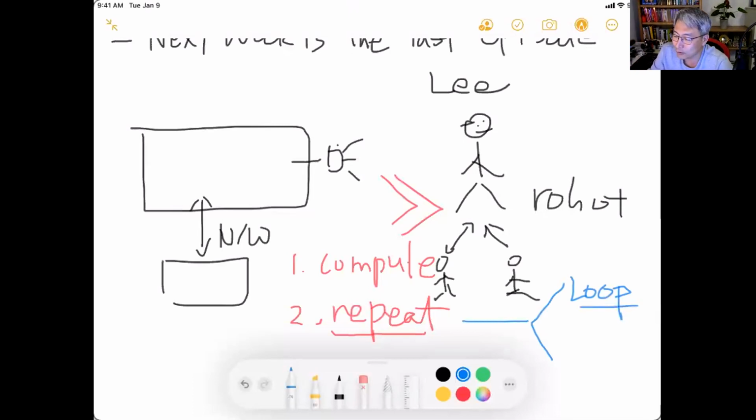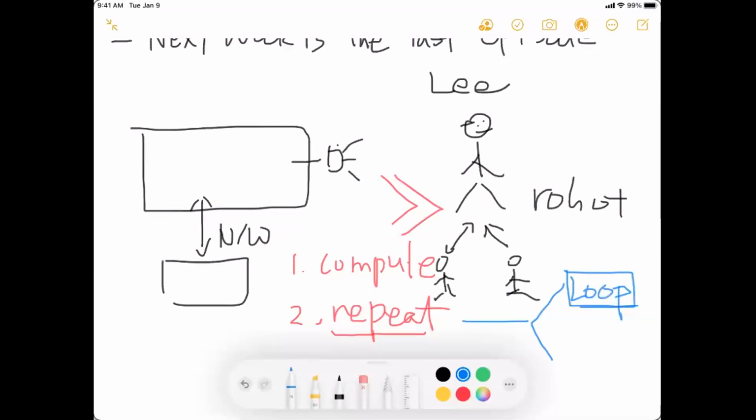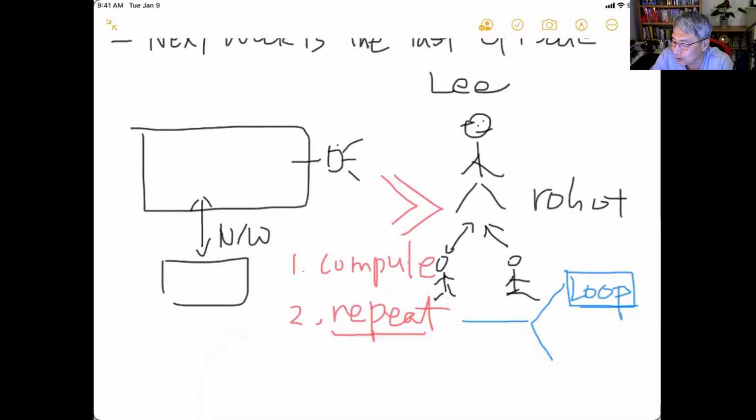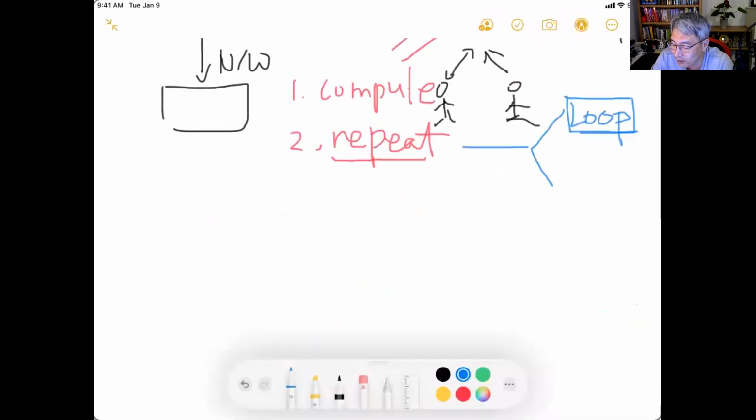For the implementation of such a loop, in the last episode we learned about it. Does anyone remember what kind of loop we learned? If you know the answer, you can use the chat box. While loop, yes, very nice. So we can use the while loop for the repeated job. For your reminder, in the while loop we use the while keyword, then we can put what in this place, the question mark?